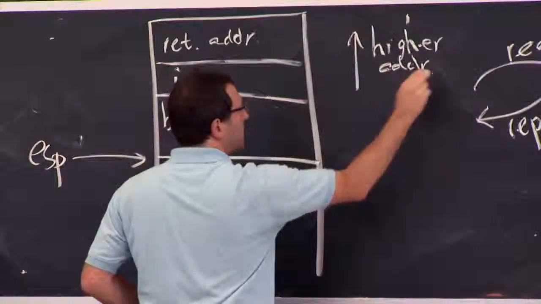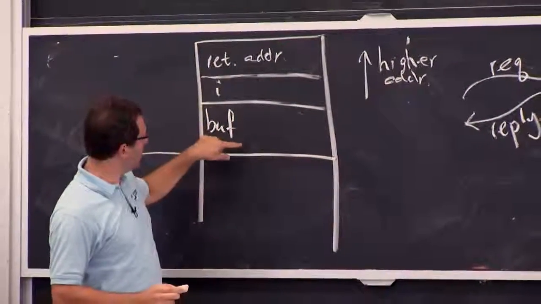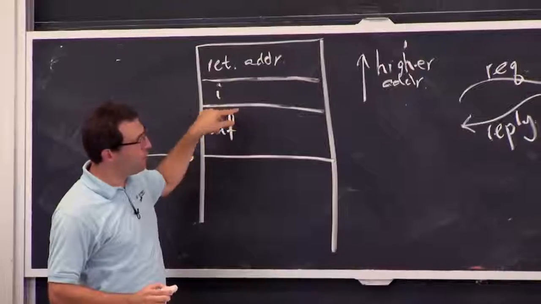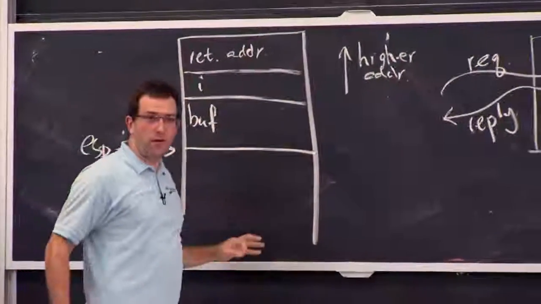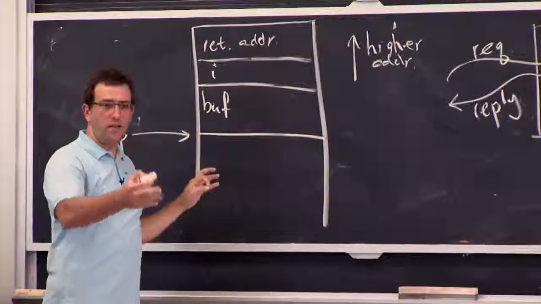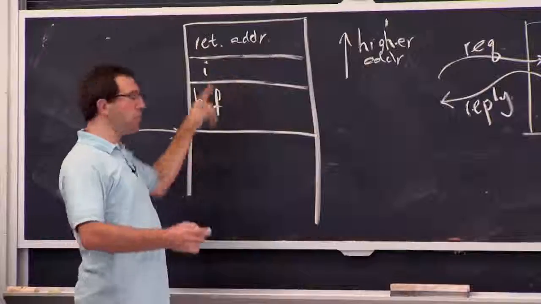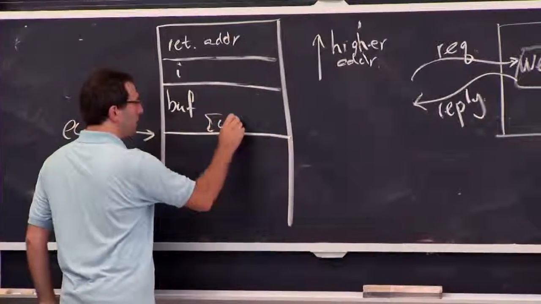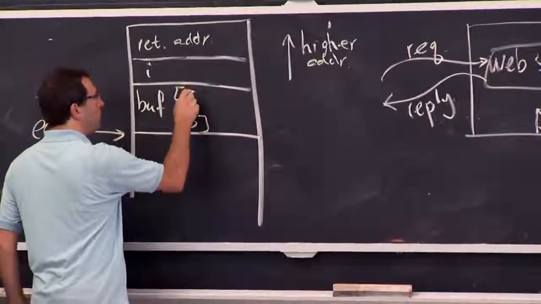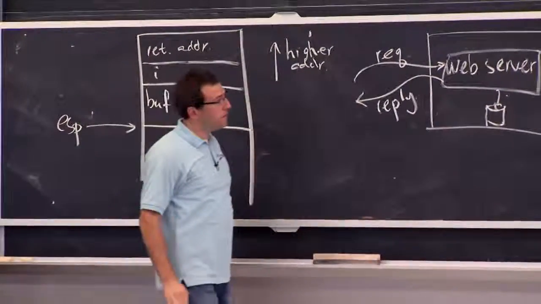So what this means is that we actually have to decide where is the 0th element of the buffer and where is the 128th element of this buffer. So where does the 0th element of the buffer go? Should be at the bottom, right? Because higher elements just keep going up. Yeah, so buff of 0 is down here. It just keeps going on. And buff of 127 is going to be up there. Then we'll have I and other stuff.